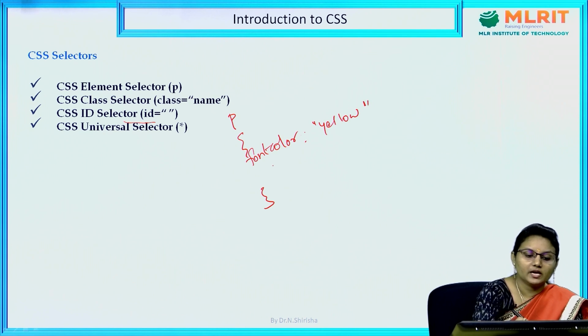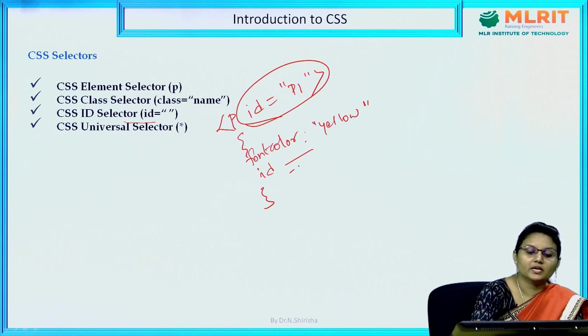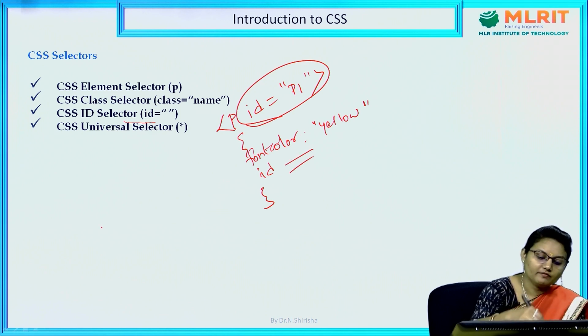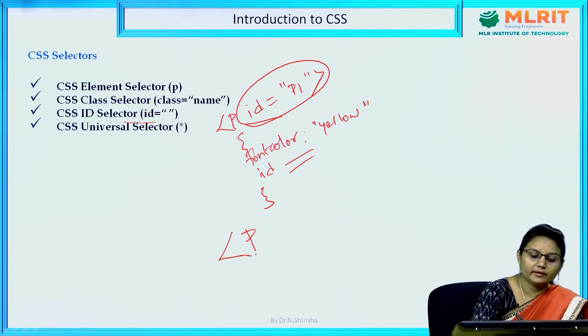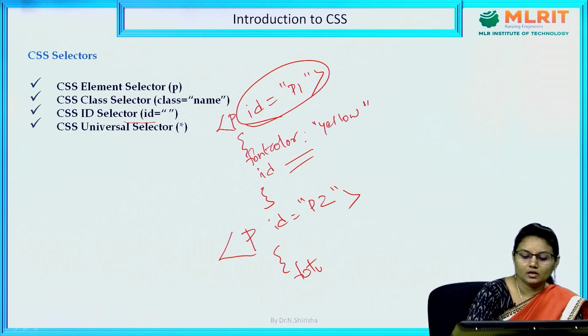Then for this I have to give an ID. So here, for the p tag, I should give the ID: id equals, say, paragraph 1. This paragraph 1 is applied with this CSS. Similarly, if I have one more paragraph, then for that paragraph I am giving the ID as P2. For this I wanted to give the font color